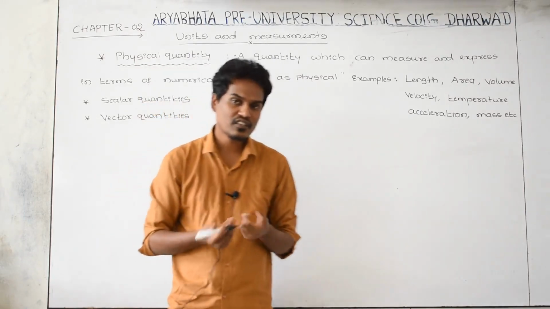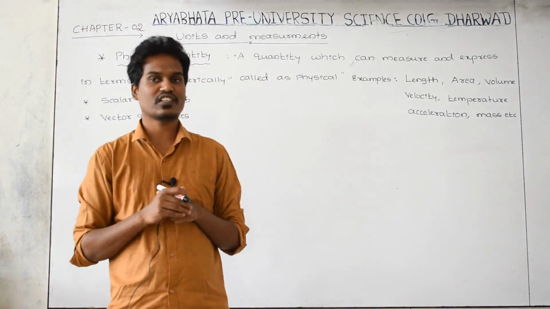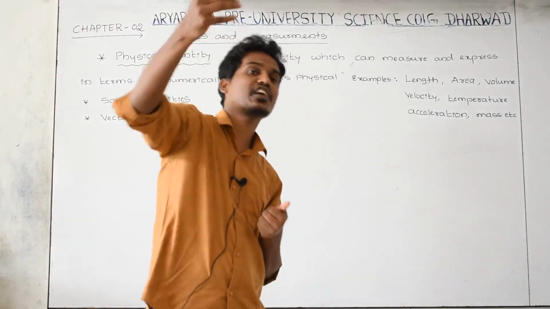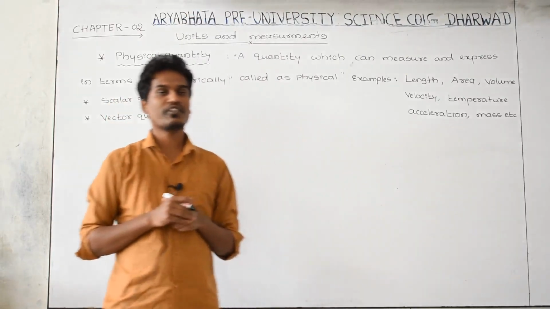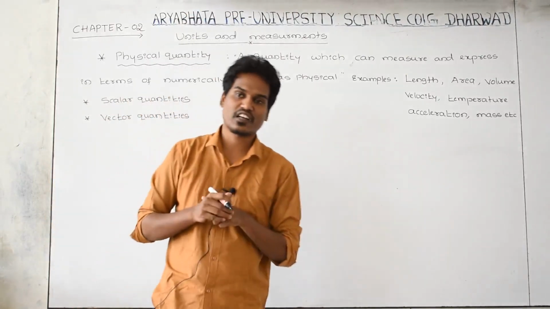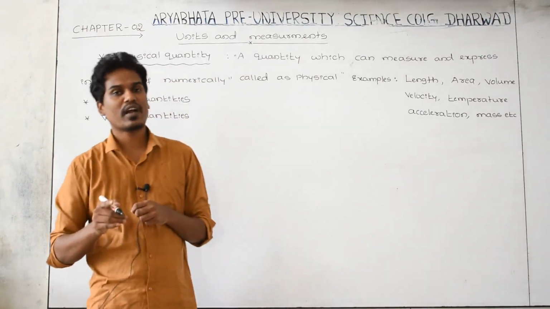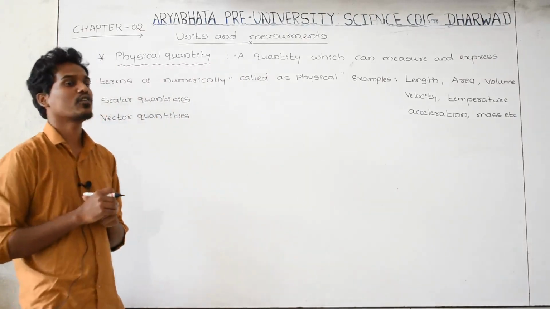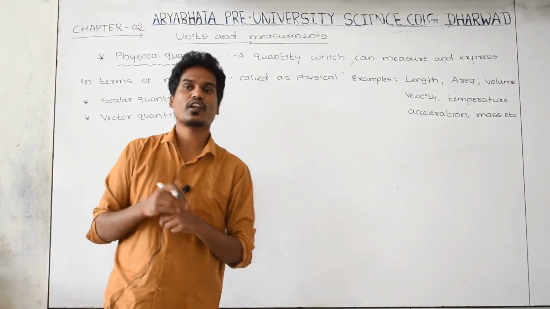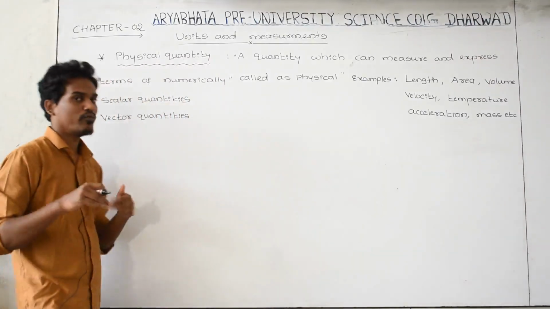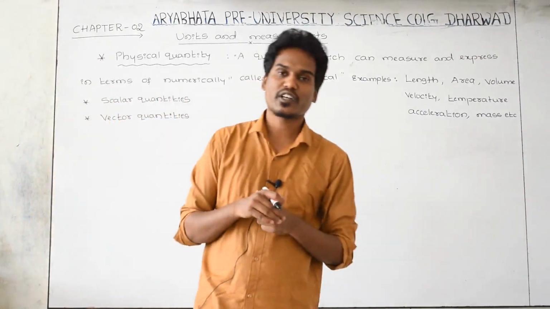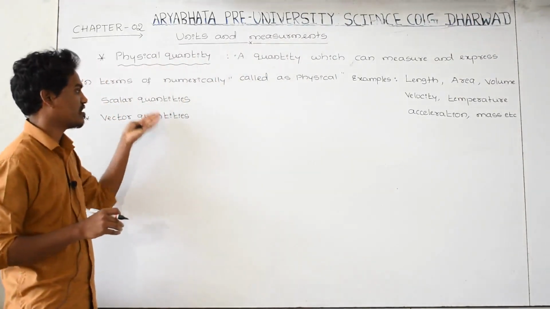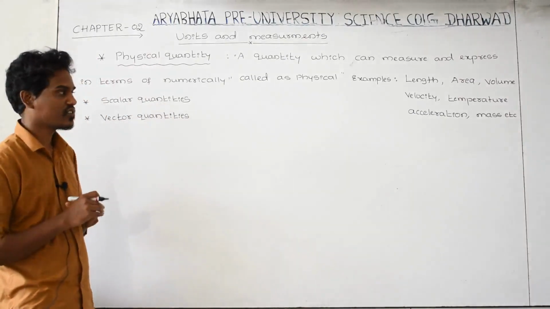Is the force having a direction? Yes, of course the force has a direction as well as a magnitude. How much you are applying, that is the magnitude. In which direction the body is able to move, that is the direction. The force has both magnitude as well as a direction, therefore that is a vector quantity. Some quantities have only magnitude but not a direction, we call them scalar quantities. Some quantities have magnitude along with a direction, we call them vector quantities. Regarding these two, we are going to study in the middle of the topic, the difference between scalar quantities and vector quantities.